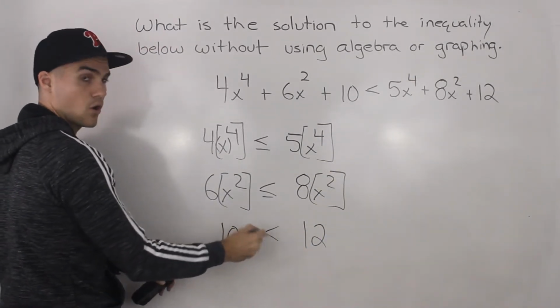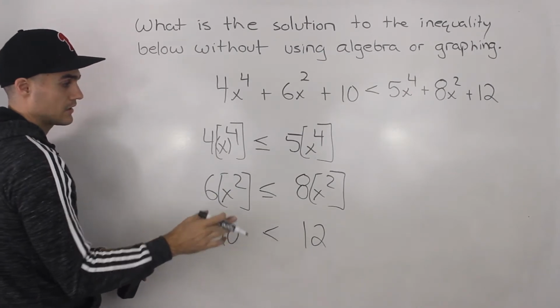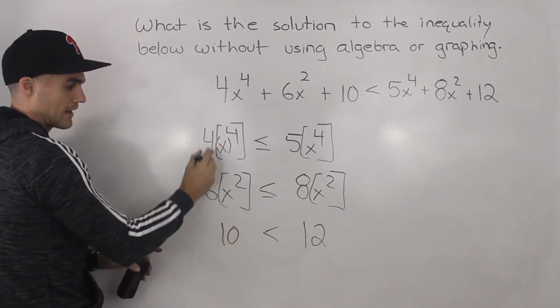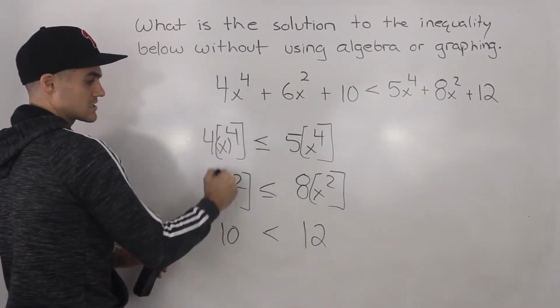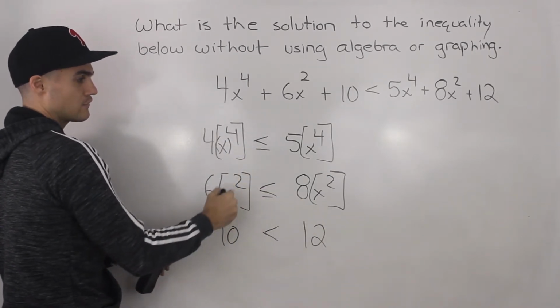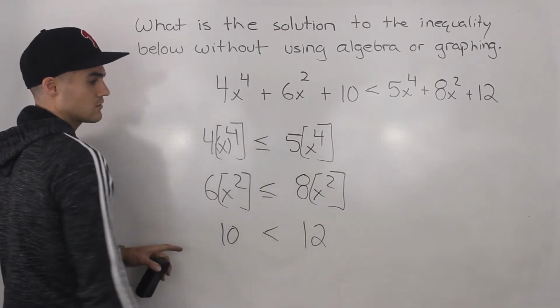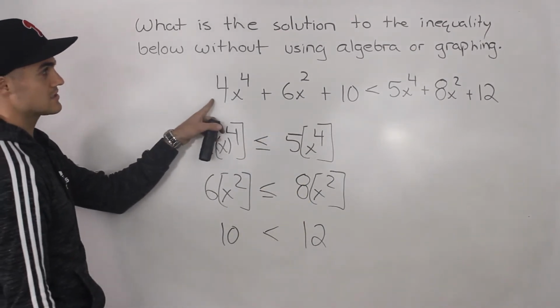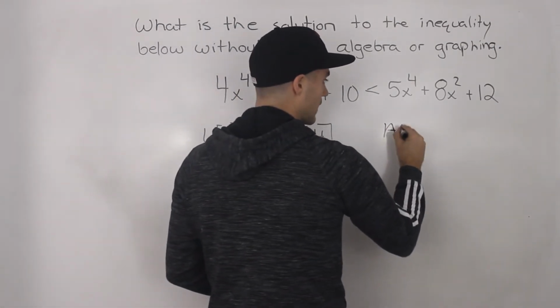And the 10 is always less than 12. And then any other x value we plug in, this side, when we add it all up together, will always be less than this side, because each of these expressions on the left are less than the respective expressions on the right. So the answer to this question is actually all x values,